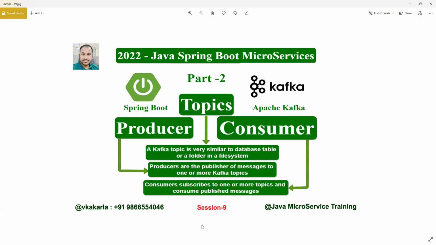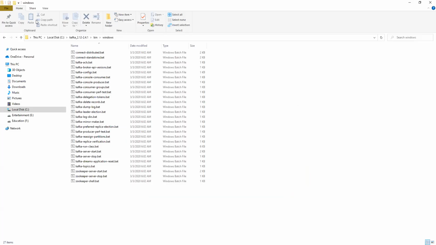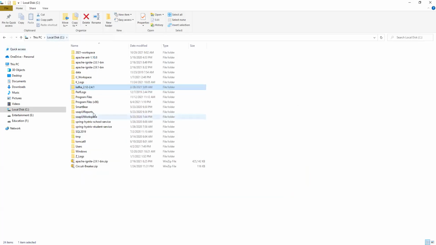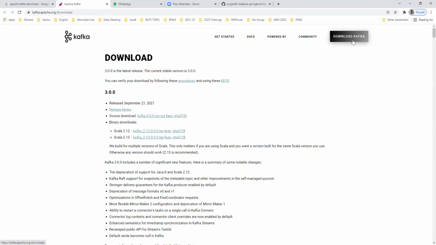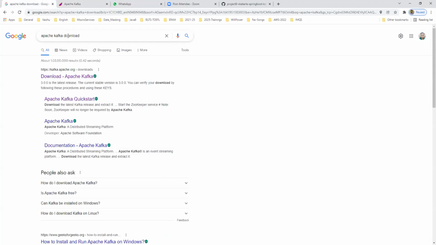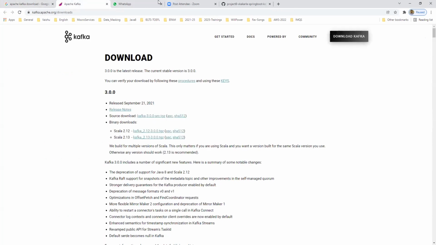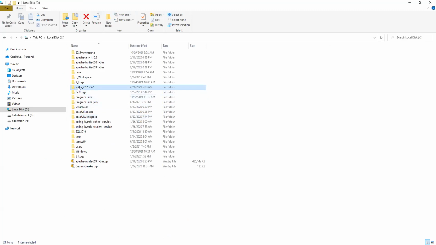If you see this folder structure, you can download Kafka. Whenever you type Apache Kafka download in Google, it will come up, so you can download it here. Once you download it, you can unzip it and put the folder in your C drive. The Kafka folder looks like this.